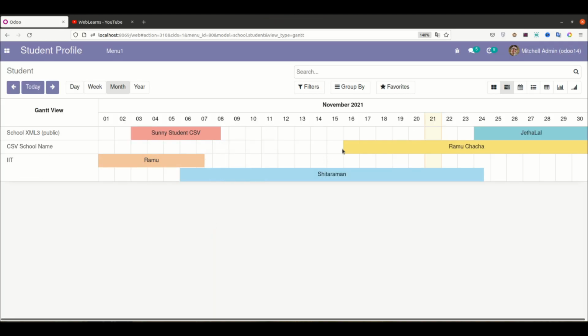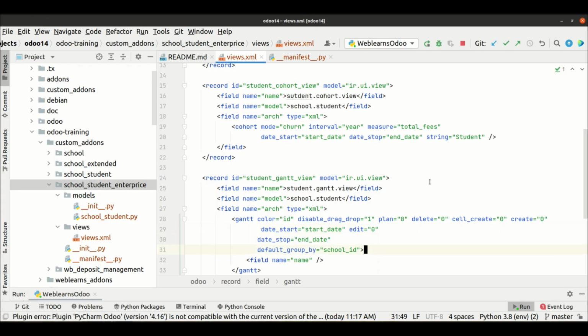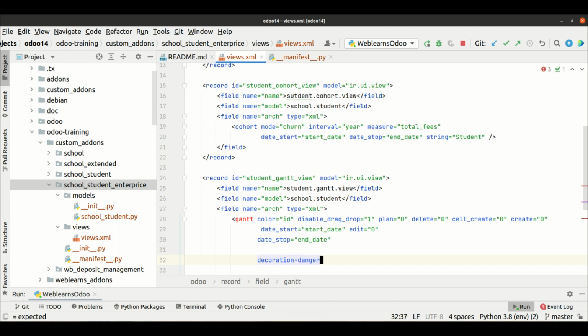What about if you want to add one more decoration based on a specific condition, you want to add color, it is also possible. So for that one you have to use here decoration, and here we have to use bootstrap classes. So I will use the danger class when state equal to draft.